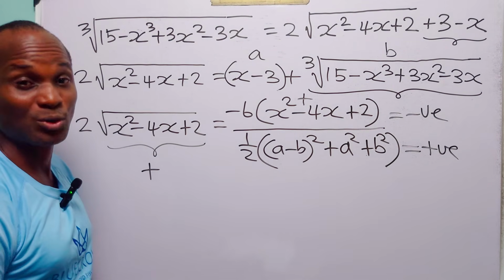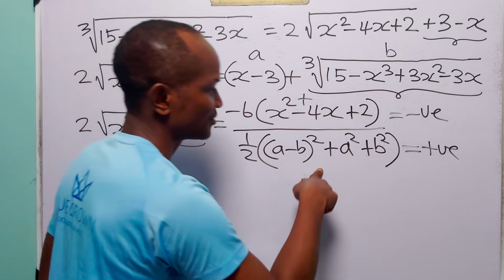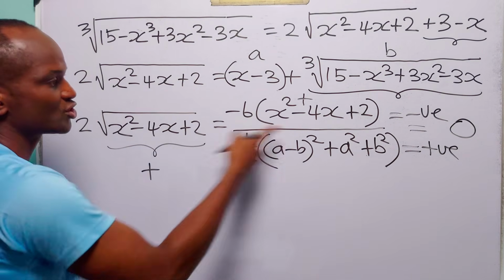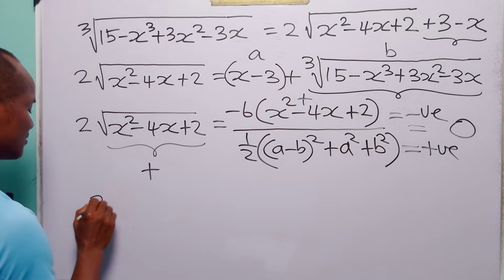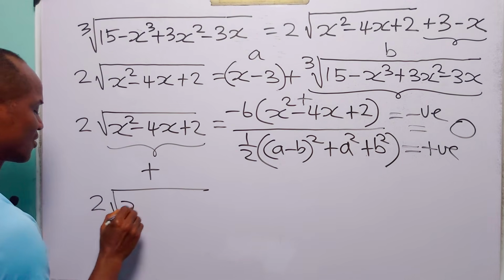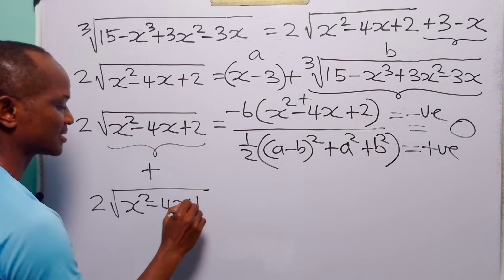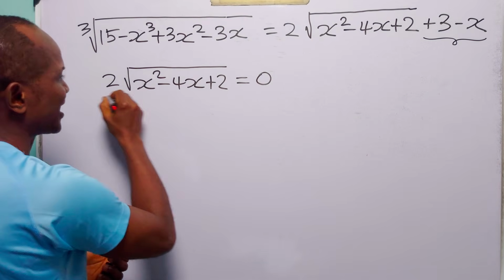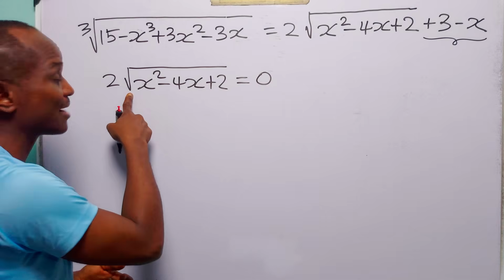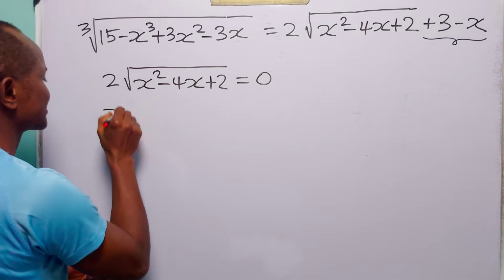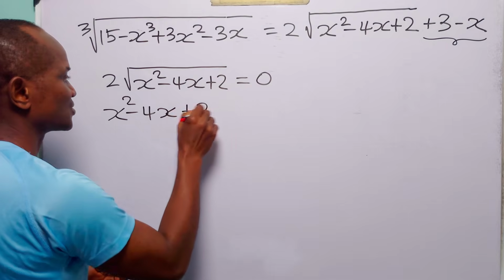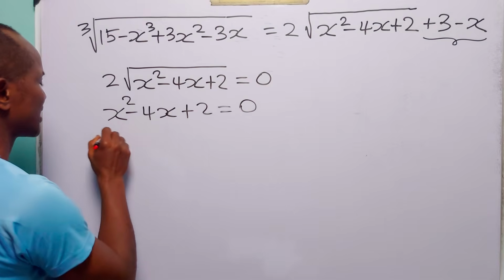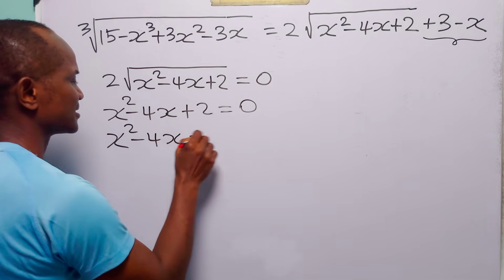Now, this can only be possible when the left-hand side is equal to the right-hand side and both are equal to 0. So to solve this equation, all we need to do is 2 times the square root of x squared minus 4x plus 2 is equal to 0. And of course, when we divide through this equation by 2 and square both sides of the equation, we have that x squared minus 4x plus 2 is equal to 0. When we subtract 2 from both sides of this equation, we have that x squared minus 4x is equal to